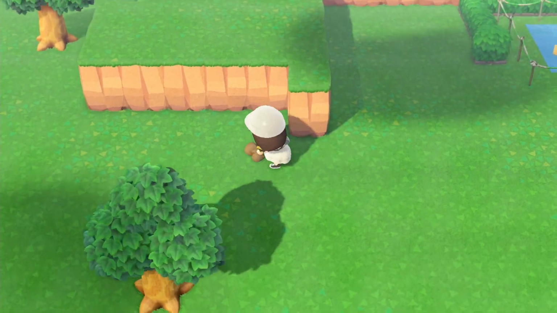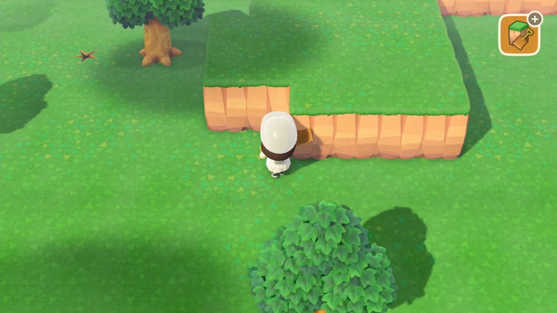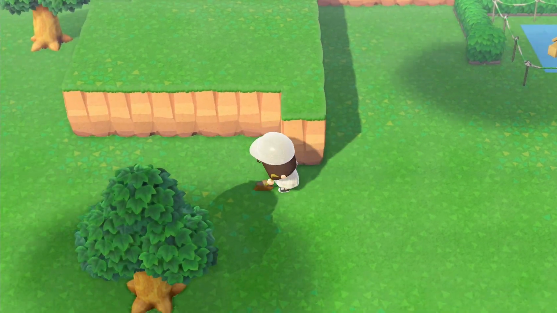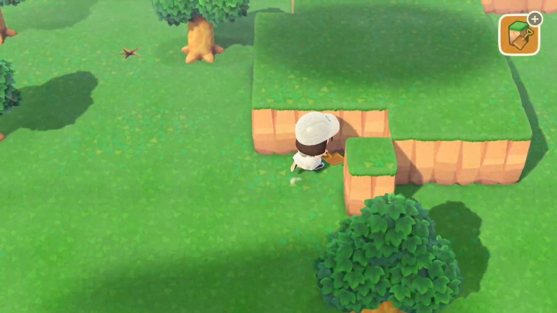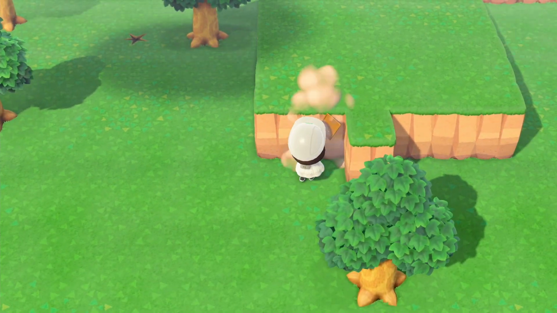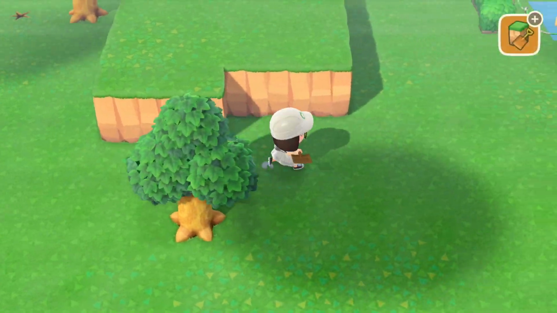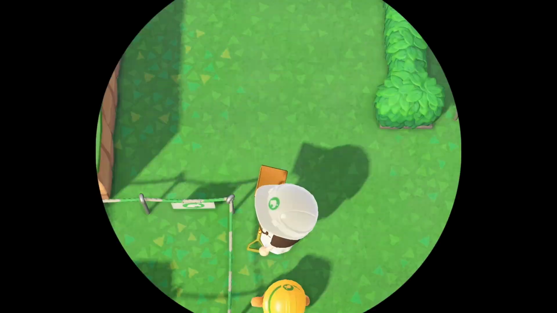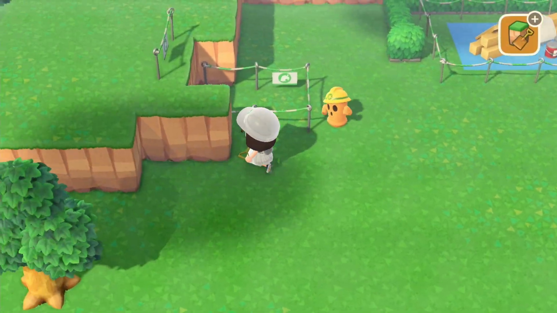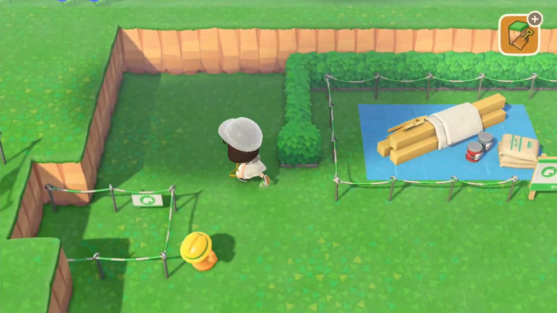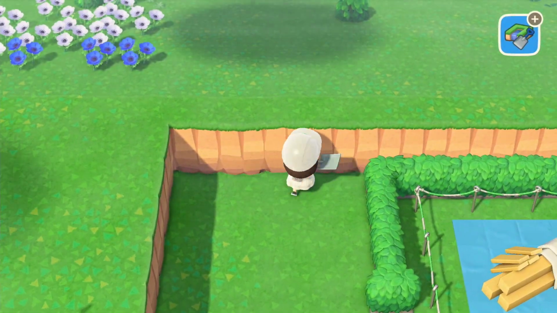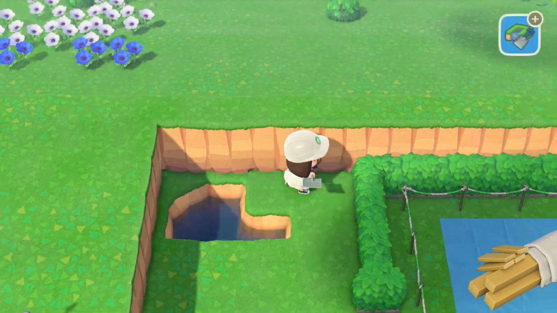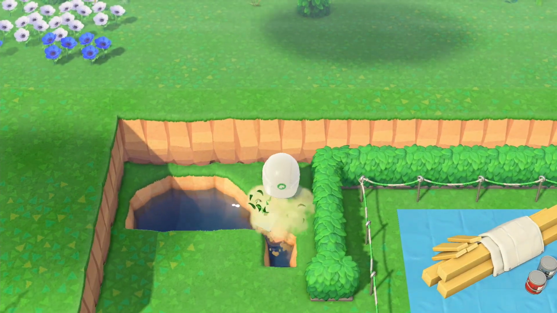Also, my museum is right behind my resident service and next to my sunken waterfall that I did in my previous build. So check that out if you haven't, because it was also really fun to do. This one is my museum, and because I wanted it to be really watery, if that makes sense, I placed it next to the sunken waterfall slash forest, as I was telling you in my previous video. And so it was right behind the resident service because of the way I placed everything on my map. Maybe I should have thought a bit more.